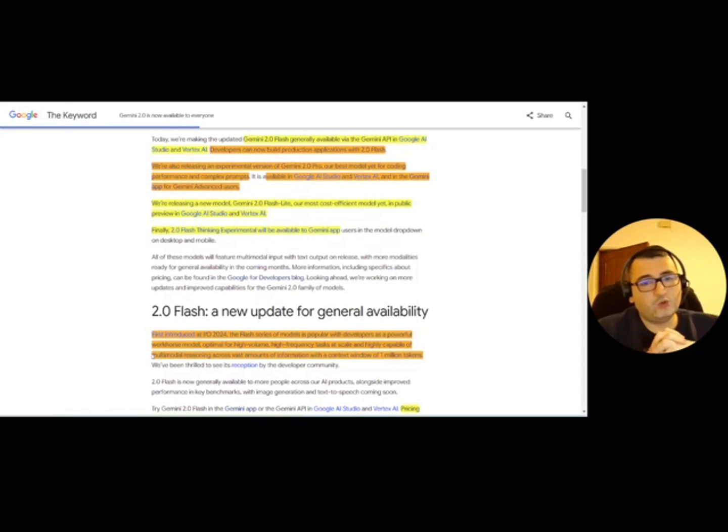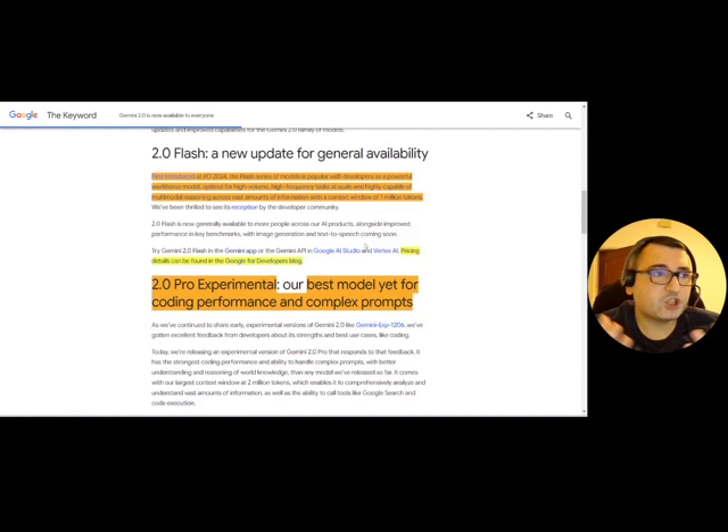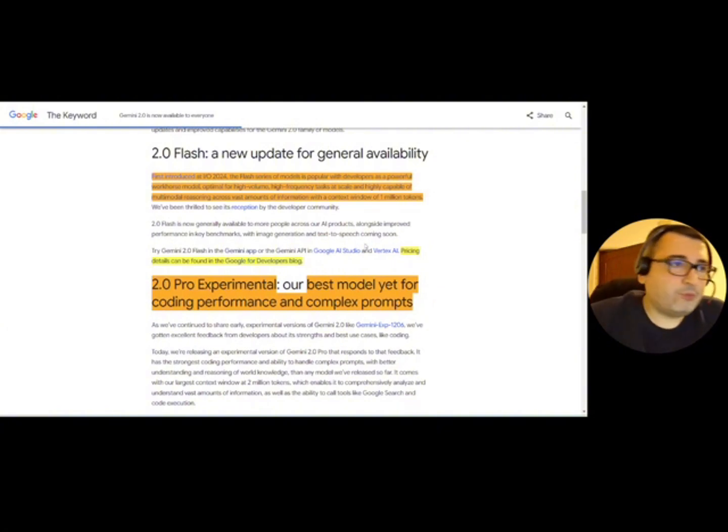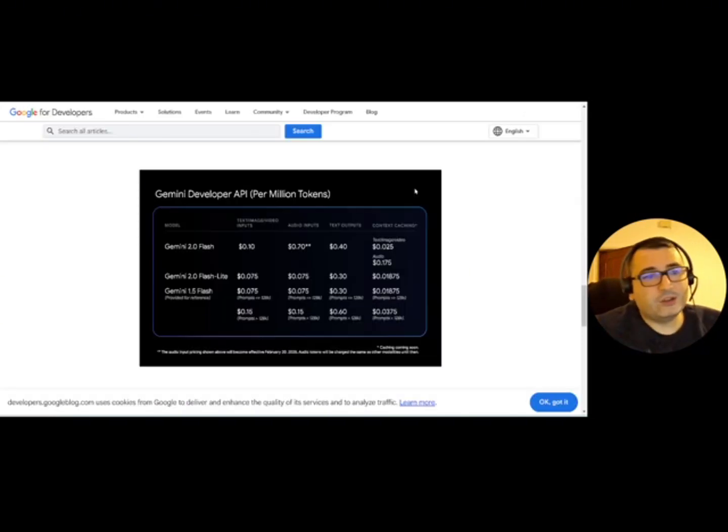But we know that the Google 2.0 Pro version is one of the most performant in terms of coding and complex thinking. And we have intermediate models which are more cost efficient and for different use cases. The Flash series was introduced already in December 2024 and has a context window of 1 million tokens, which was already the lead in terms of context. It is also important to notice that this model is one, if not the best, in terms of cost efficiency. For example, if we look into the